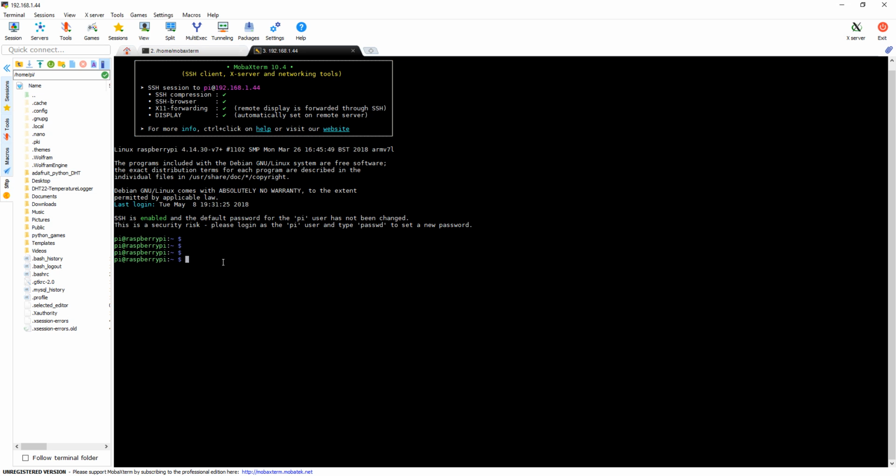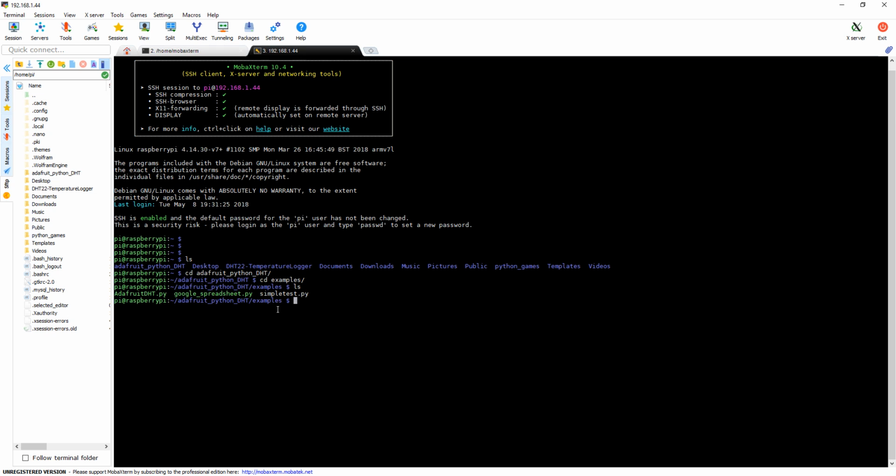Right now I'm SSH'd into my Pi, and you can see two libraries right here. One is called Adafruit Python DHT. The other one is called DHT22 Temperature Logger. So one of the first things I did when I got the sensor was go into the Adafruit Python DHT, and I would go into examples, and through there you can see the